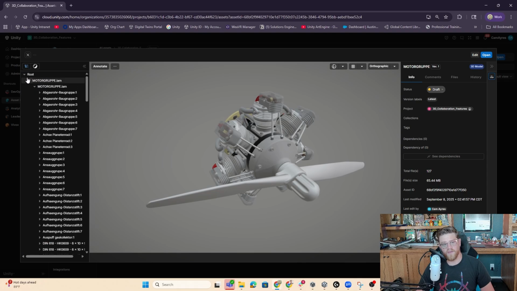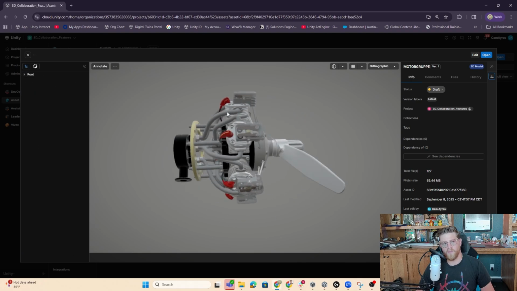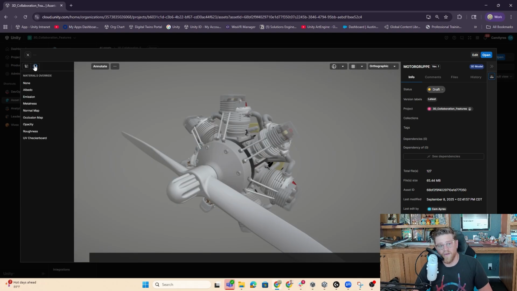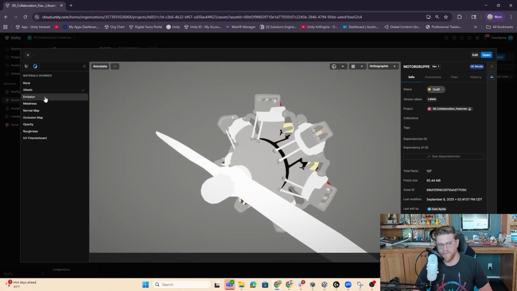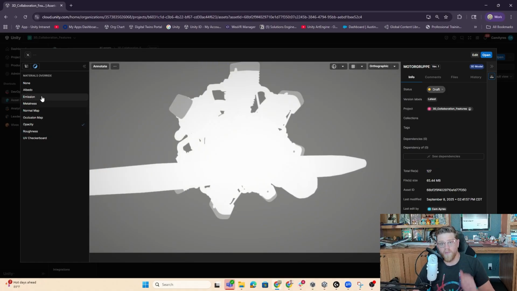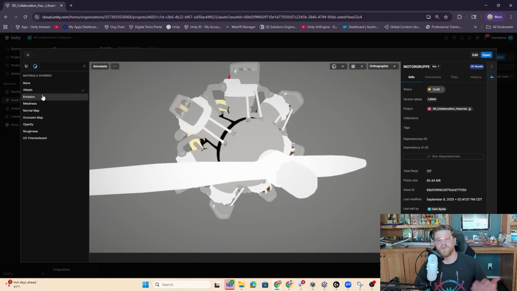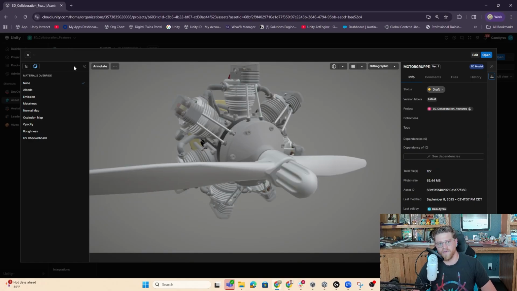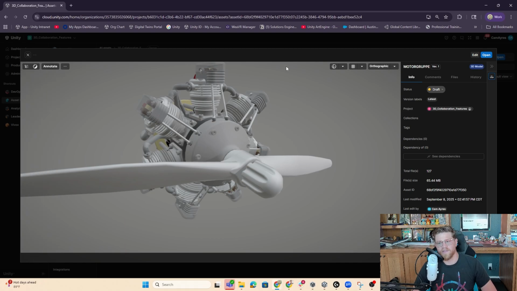So if I want to, now I can just click here and undo that selection, and now we're back on the entire object. I can also get in and start to look at all of the different materials in here and the different textures that you would have assigned to the object. So if I have a team that's uploaded this asset and it comes in with a default albedo, I'm guessing no normal map coming from an assembly file, which is perfectly fine for now. Then we have things like roughness, opacity maps, and all of that good stuff. So we can get in here and very quickly see these different material overrides. I'm going to exit out of that,